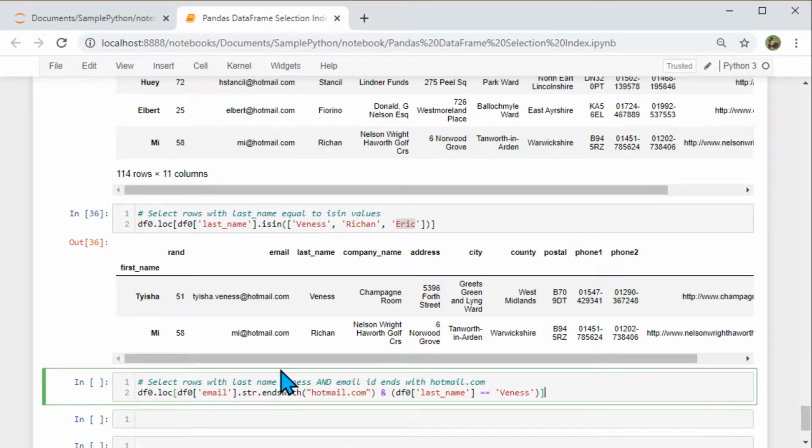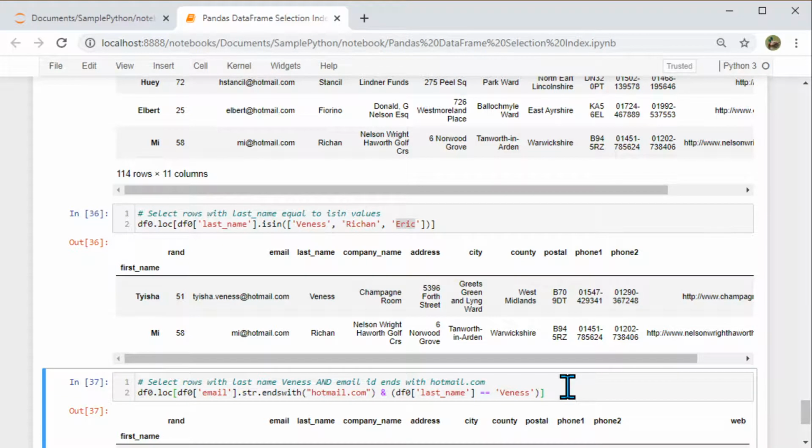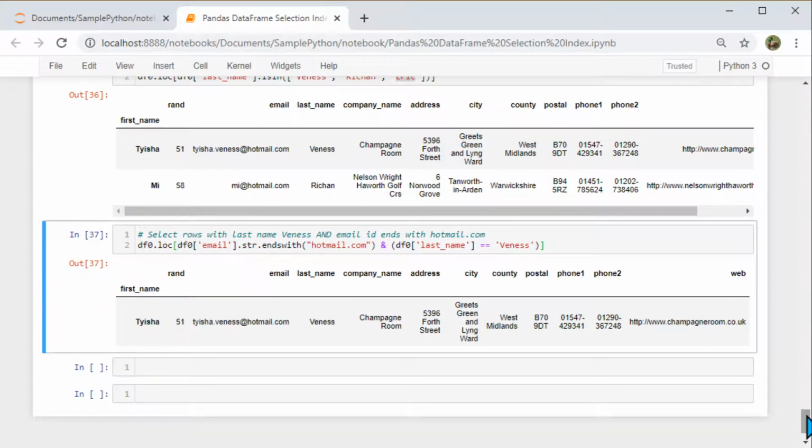in this statement I am saying email ends with Hotmail and last name. So I just know the last name and I know he has a Hotmail ID. So with this I can filter by rows and columns. If I do this, it is returning exactly one row, and this way it helps. There are times you want to slice and dice differently based on what information you have, and you want to pull the data you need from the data frame. So you can filter by rows, columns, or various different ways.